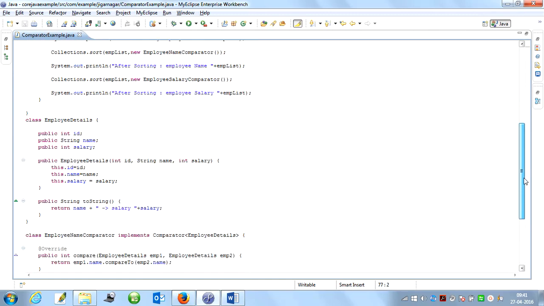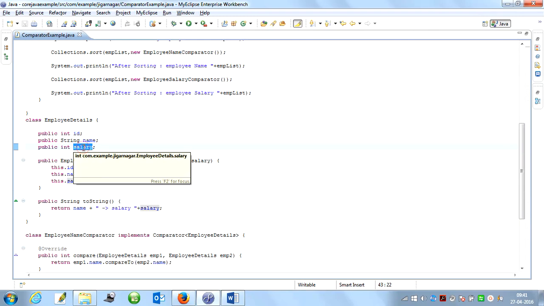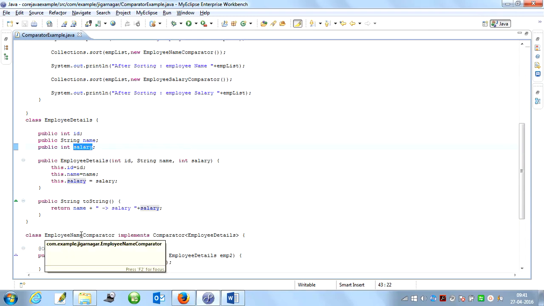I have an EmployeeDetail class which contains the ID, name and salary. I would like to sort the employee details data on the basis of the name as well as on the basis of the salary.